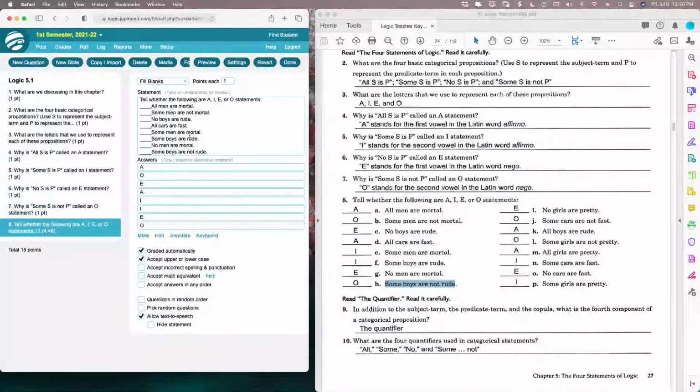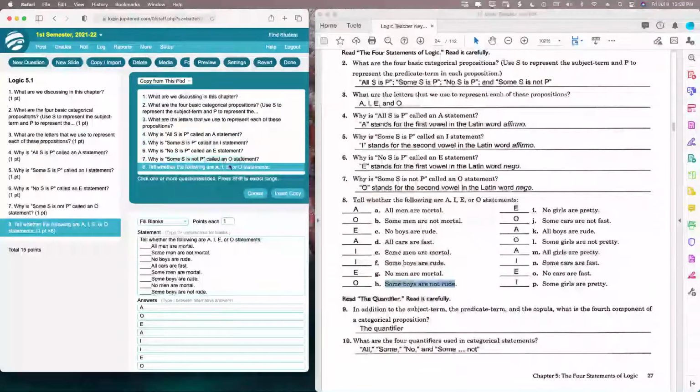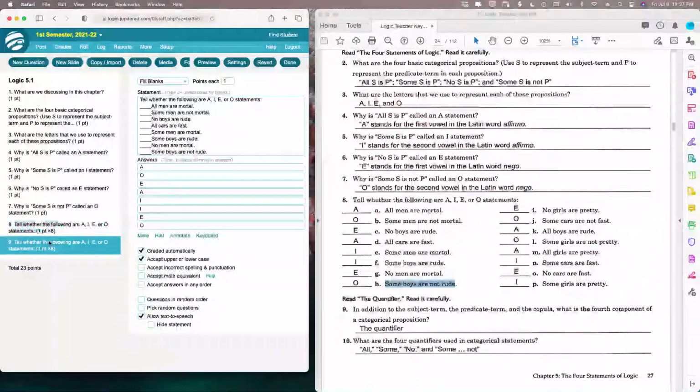And what I'm going to do now is not another new question. I'm going to copy this question, because I have another 8 to do. I'm going to click Copy, and it's the last one I just did, and it's copying from this pod. You can choose to copy from another pod if you need to, like if it's something complicated that you do in every pod, like a structure or a format. But I'm just going to copy this down and click Insert Copy. So now I have a duplicate of the one I just did. So I am going to